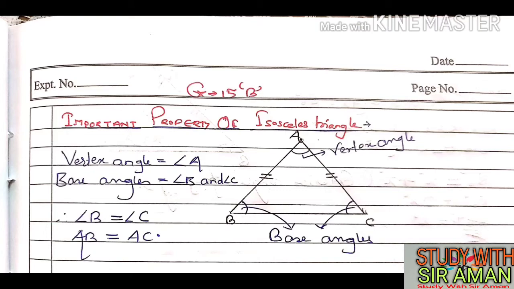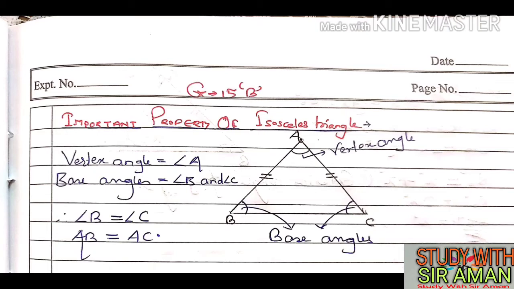So what is base angle and what is vertex angle? In this triangle you can see there are three angles. The topmost angle A is known as vertex angle. Whereas you see the important symbol in the side AB double line and in the side AC double line. This is the symbol of equality, means both the sides are equal. And if in a triangle both the sides are equal, angles opposite to equal sides are always equal.